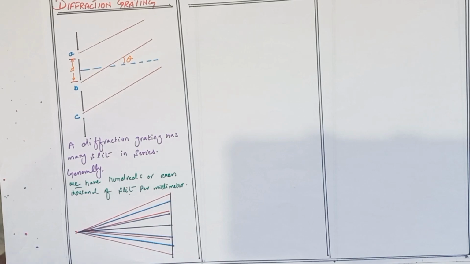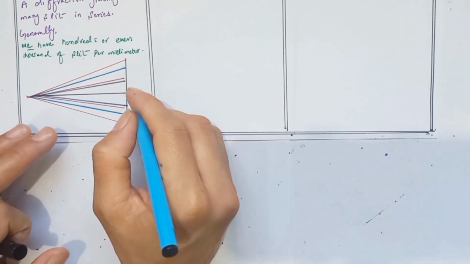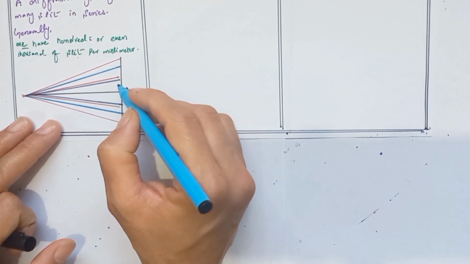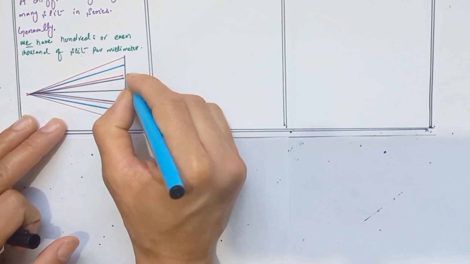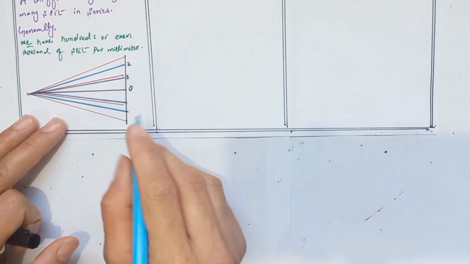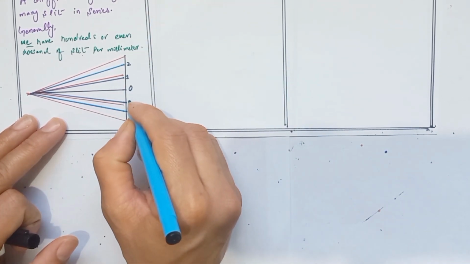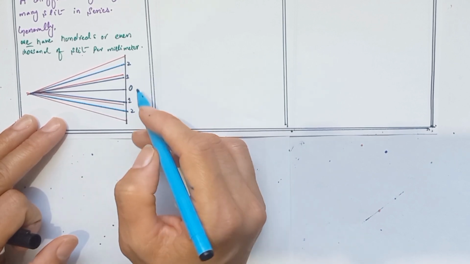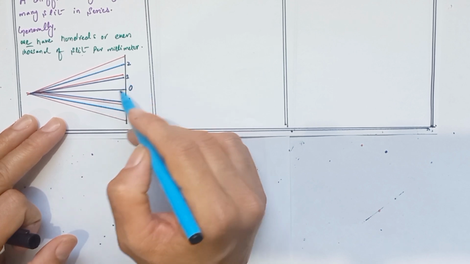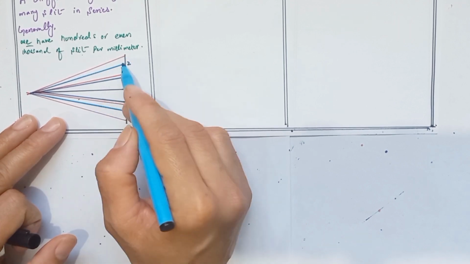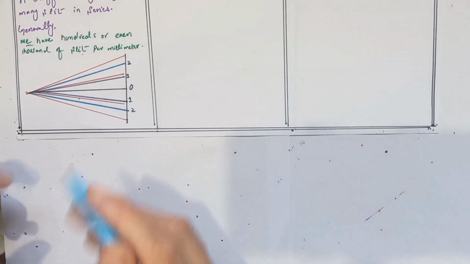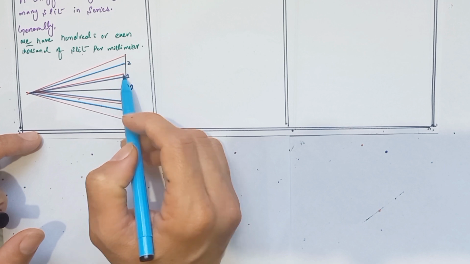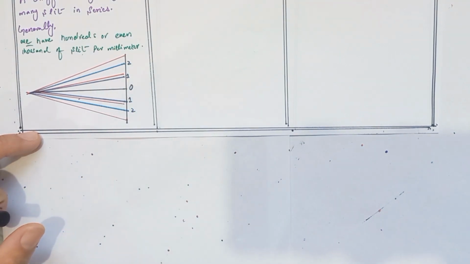In the center we have the zero order of the diffraction pattern. Going up, we have the first order, second order, third order, and so on. On the opposite side of the zero order, we also get first order, second order, third order, and so on. The reason for the bright spot is that the light coming from the slits meets in phase at this point. If we look at these two rays, they meet at a single point with a phase difference of 0, so they make constructive interference.